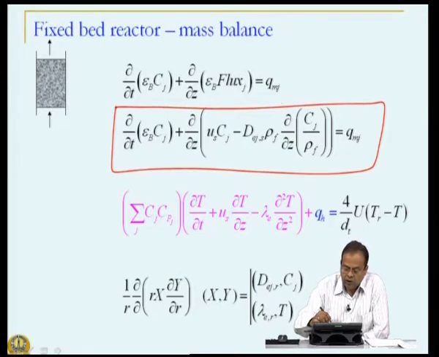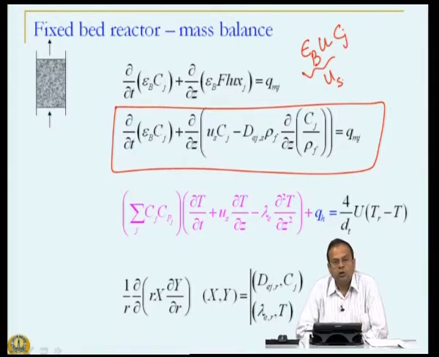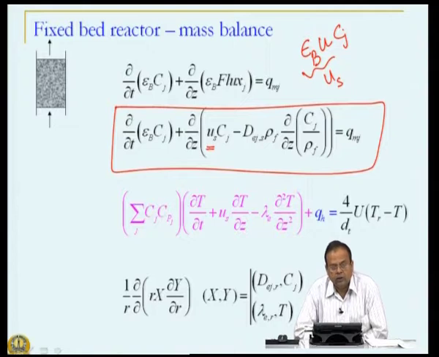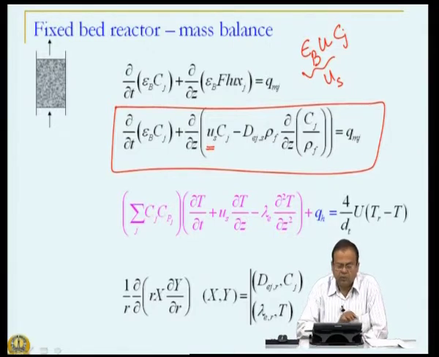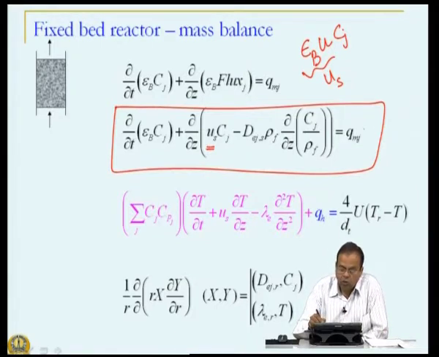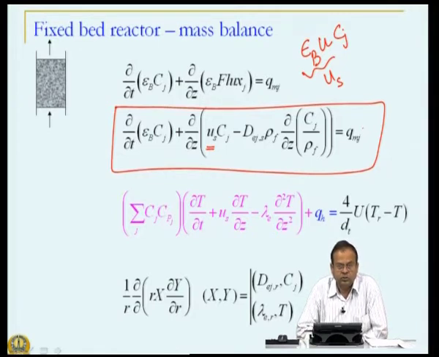Note here, what we did from that particular equation to here is we multiplied epsilon b into interfacial area into Cj and denoted this by superficial velocity. So, that is where that US comes in. This is our standard diffusive flux equation, and QMJ is my mass balance. So, this is my mass balance for fixed bed reactor. I have not yet specified what this QMJ is.